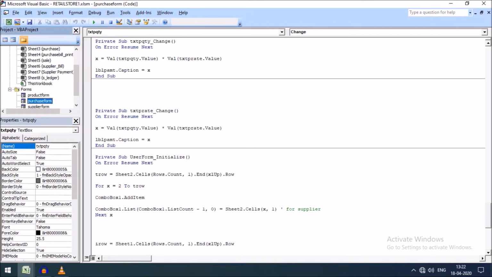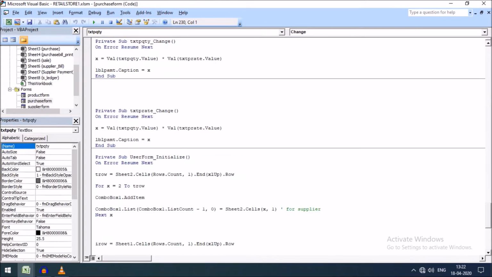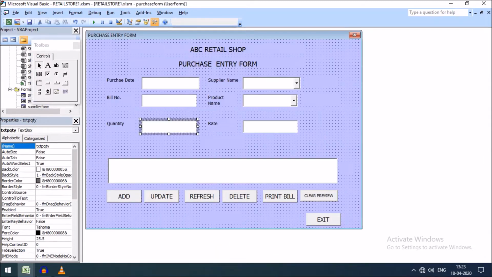Here you can see this is a label, and the name is lbl product amount, and this amount will be assigned to x. I have written this line of code in the change event of this text box, that is txt pq, product quantity.